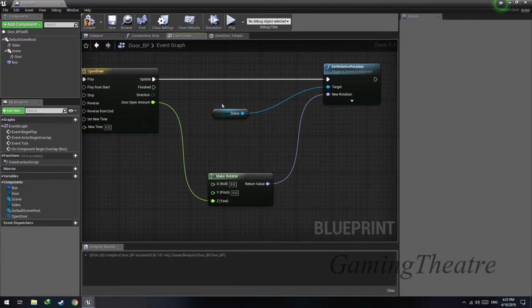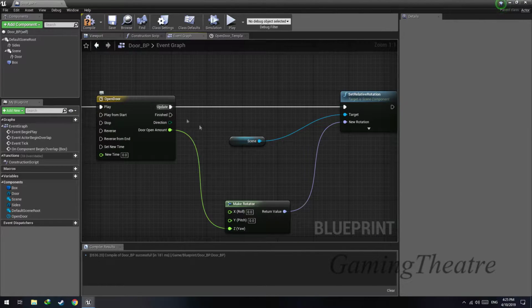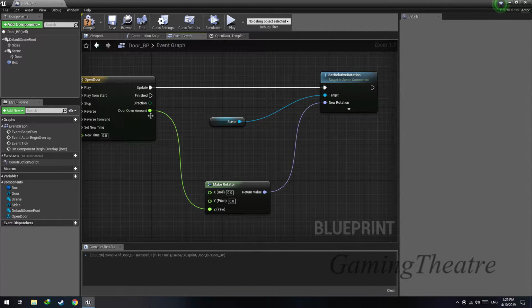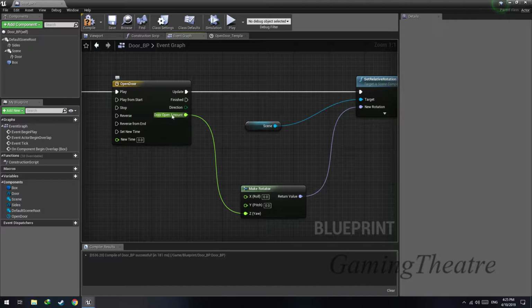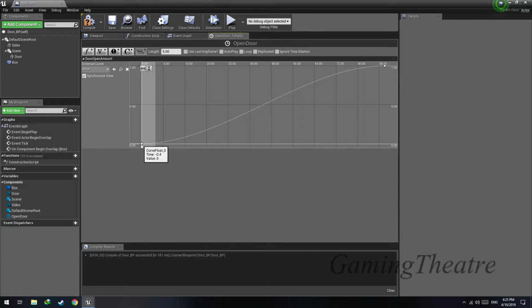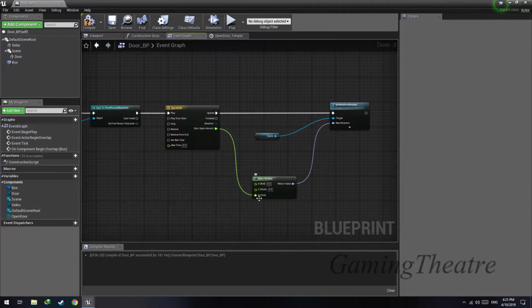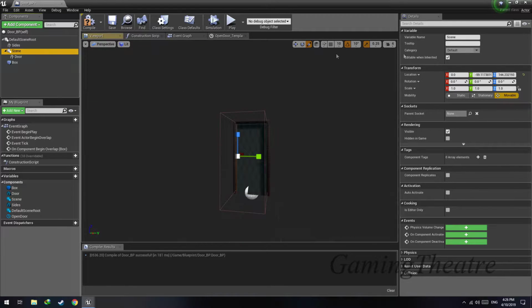Okay, so now what's going to happen is the scene is going to rotate the door and open it up. This door open amount will update the float. So basically what happens is the door first returns a value of 0, and as time goes by, over the span of 1 second, it's going to increase to 90, and this will cause the Z value to get increased to 90 as well. And then since X is 0, Y is 0, they will stay as it is, and